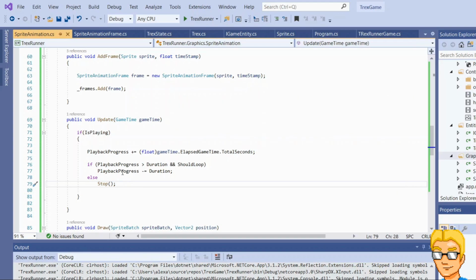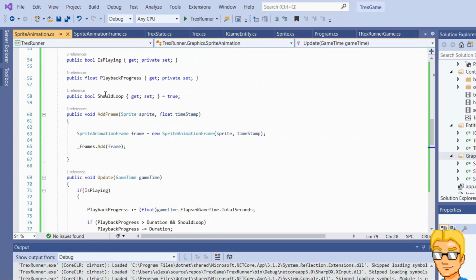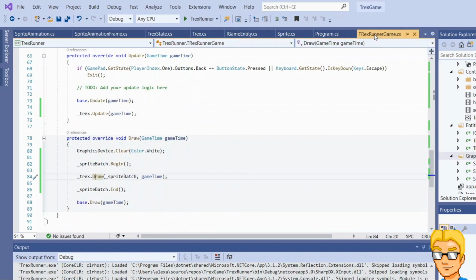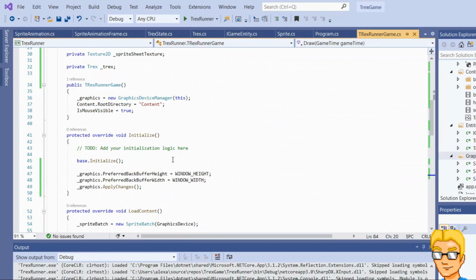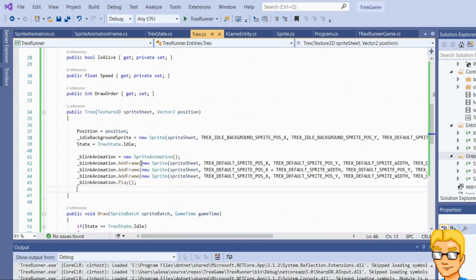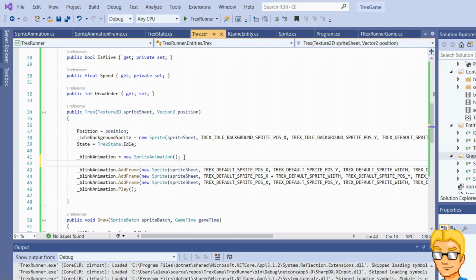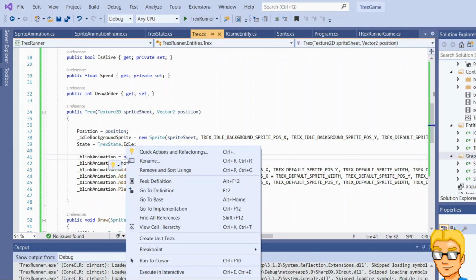And this should be okay. So now, should loop is by default set to true. In this case, we don't want that. So here, in our T-Rex class, in the constructor, we can say blink animation should loop equals false. And we can even simplify that using the object initializer syntax, which Visual Studio actually suggests here,